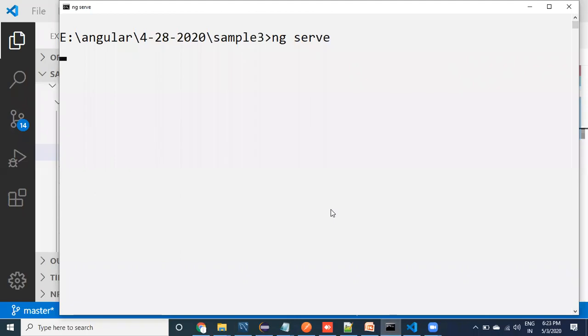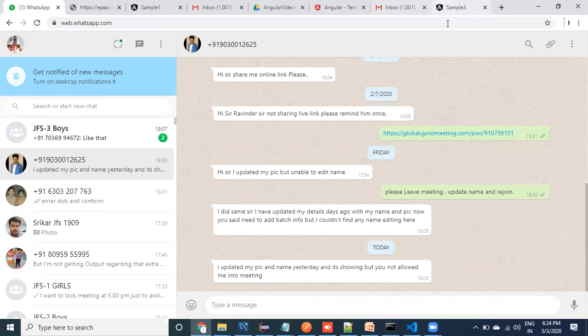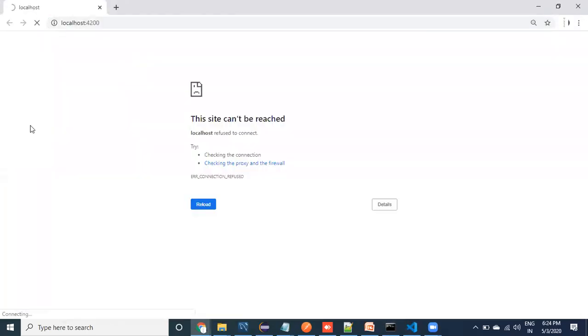Whenever I say ng serve, it is going to run the application, and you can go to any browser. Right now no server is running, so it is going to give you an error: this site cannot be reached because the server is not yet up. It is going to take some time to run.